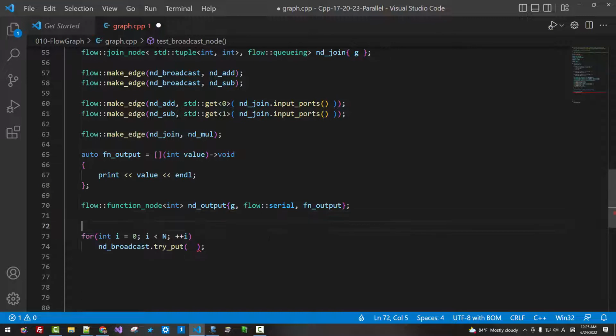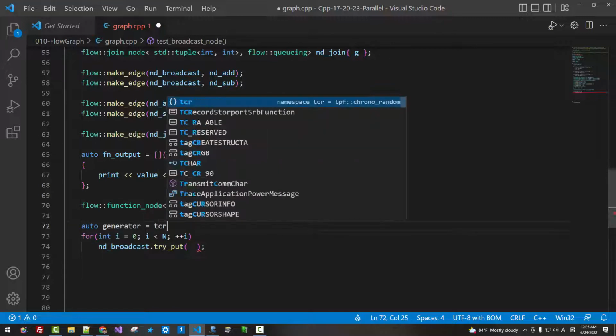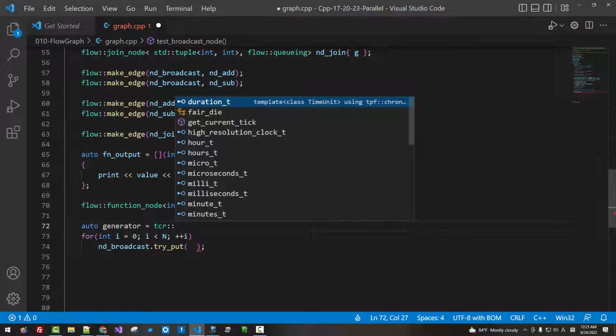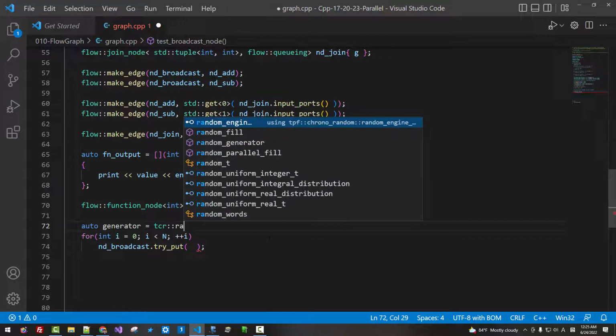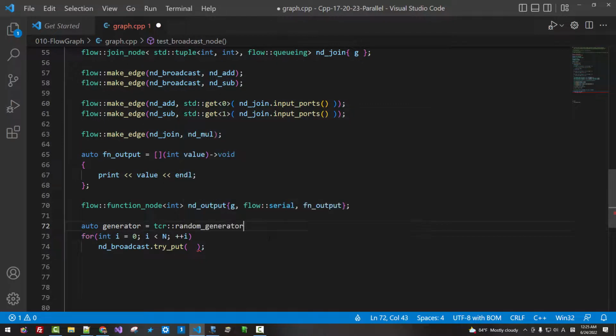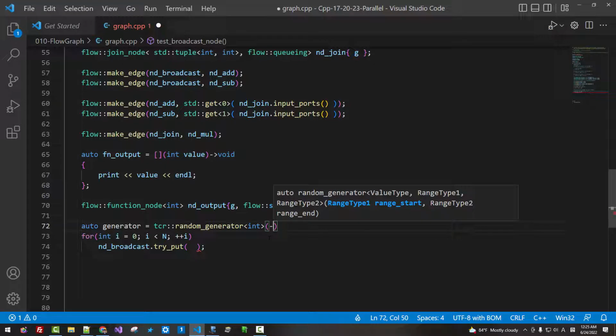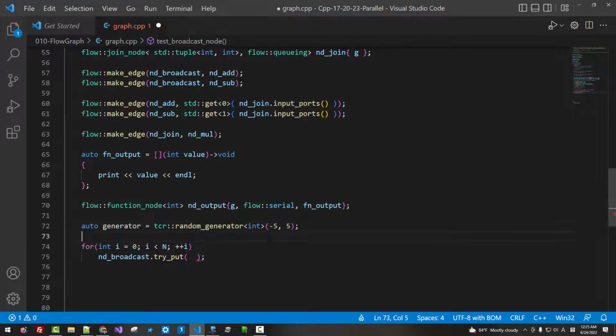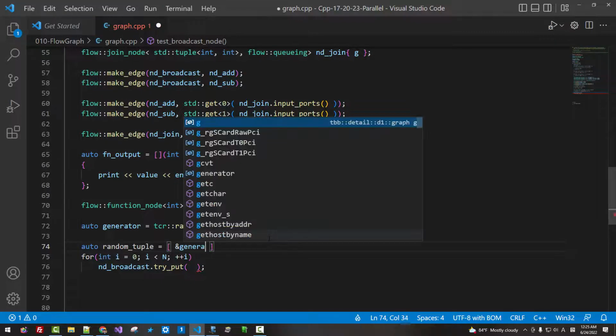Now auto generator TCR, it generates random numbers. Random generate type int from -5 to 5. Auto random tuple. We capture generator,